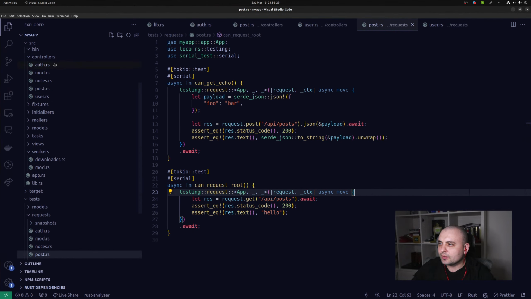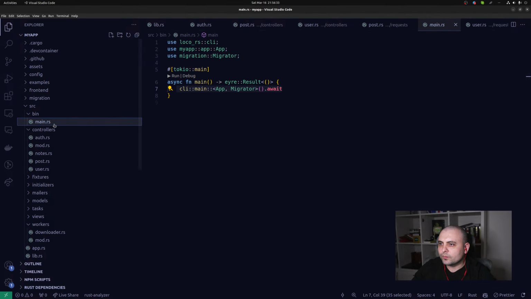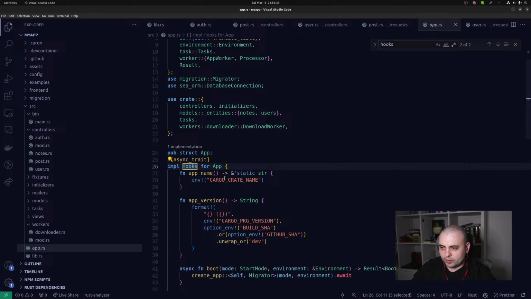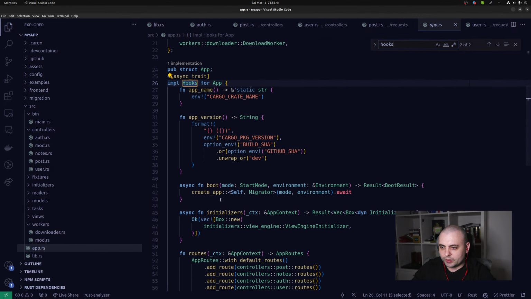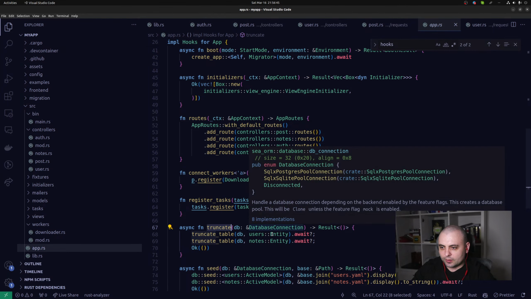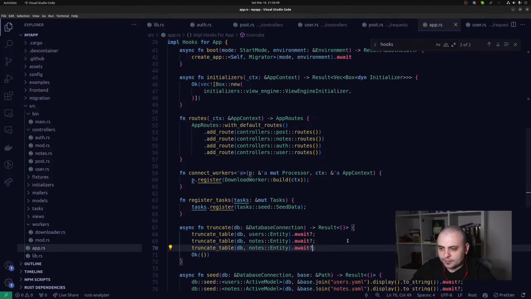Where's that? I guess not here. Okay, so hooks. We have app name, version, boot, initializers, routes, truncate. So we do have users and notes, but we don't have